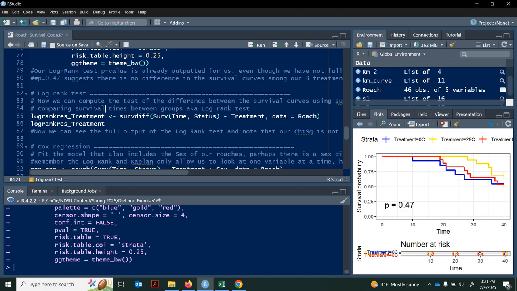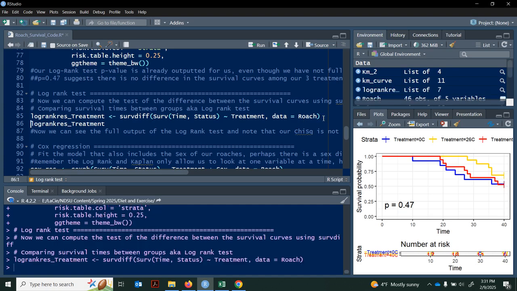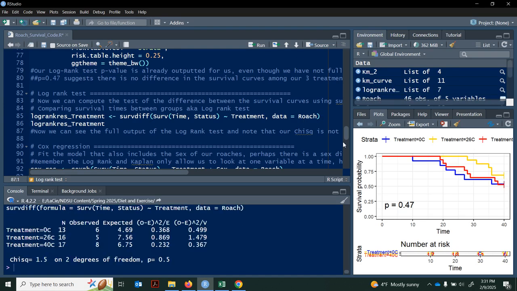Okay, so I'm going to do that now. So logrank_res_treatment, it's the object assigned to. survdiff is the function. Open parentheses, Surv(time, status). So this is basically the time and the event. Tilde treatment. Okay, so I want to look at differences among treatment. Data equals roach, right? And so I'm going to create that object,